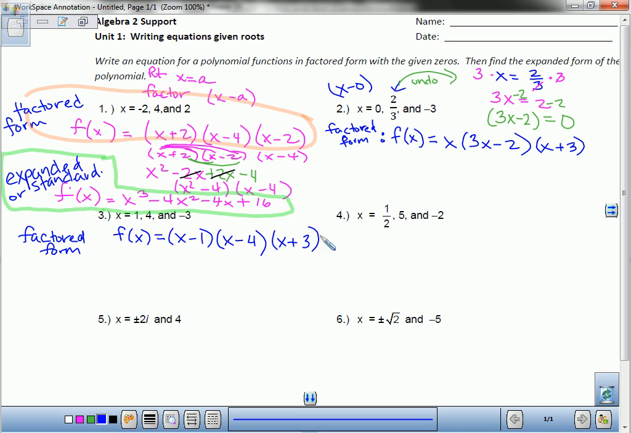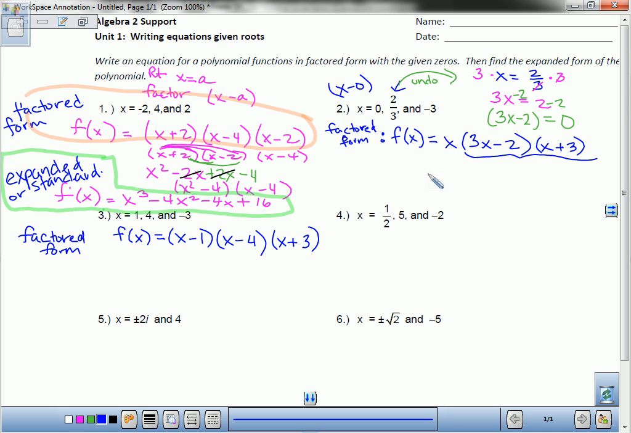Yes, ma'am? Oh, are you not going to find the expanded form of the second one? Oh, thank you. I meant to. Okay. So let's stop right here. I forgot to expand this one. All right. So when we're expanding, I would multiply these two together first, and then at the end you can